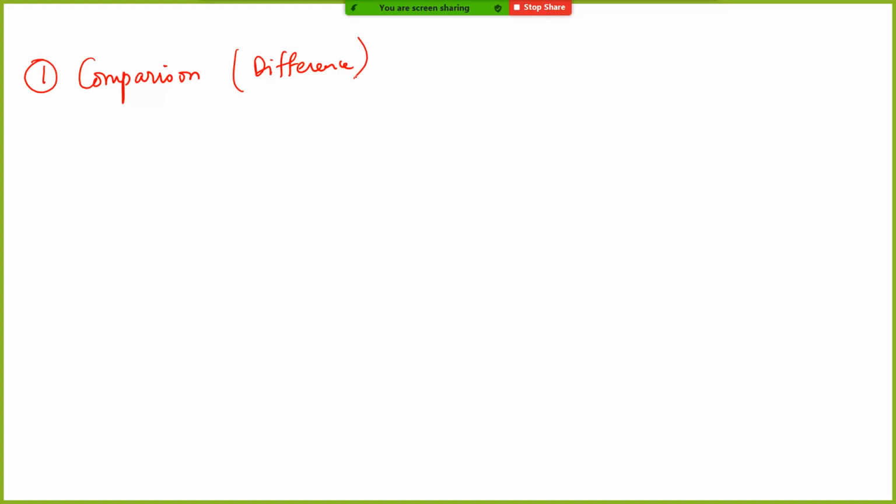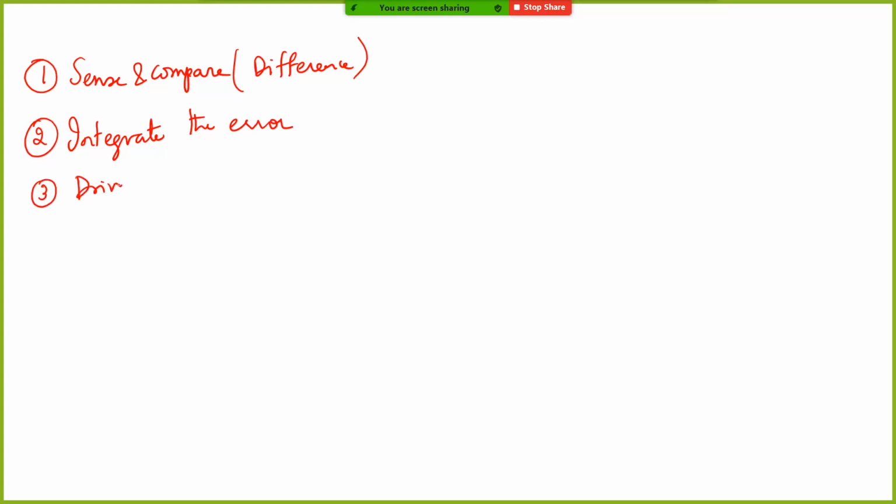You have a target speed in mind. You look at the speedometer. You check the reality of what speed you're going at, but you have another speed in mind. So you sense the speed at which you're going, and you compare. So let me just put it as sense and compare. Okay, we take the difference, and secondly, we integrate the error,